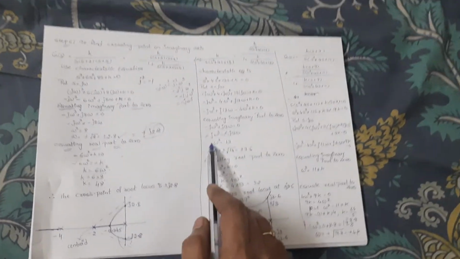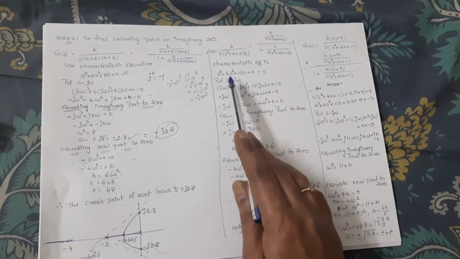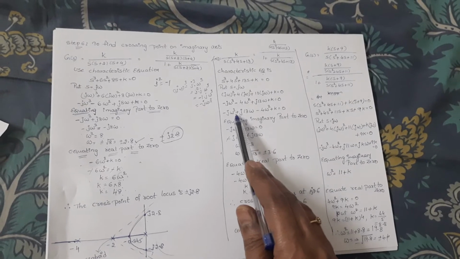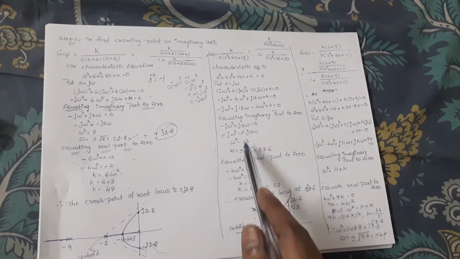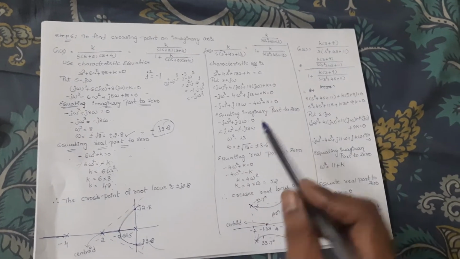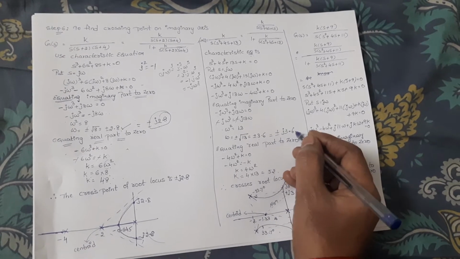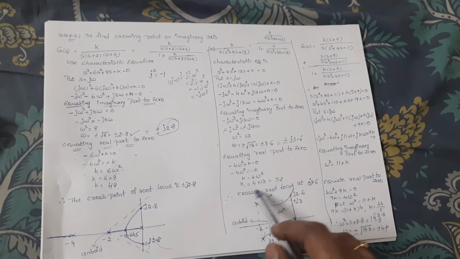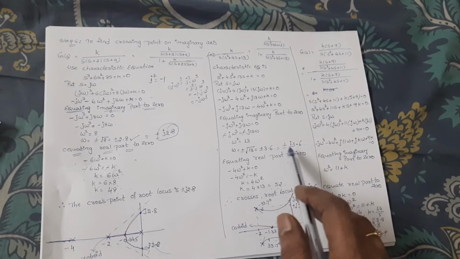And the second problem is k by s into s square plus 4s plus 13. Same, you have to take the characteristic equation, and in the characteristic equation you put s equal to j omega. After solving you are going to get imaginary terms, the j terms, and constant terms. So equate the imaginary terms to 0 and you are going to get omega square and some omega value. This value will touch the imaginary axis at plus j 3.6 and minus j 3.6, and equating the real part, you are going to get the k value. So at this stability limit, k equal to 552, you are going to cross the imaginary axis at 3.6.